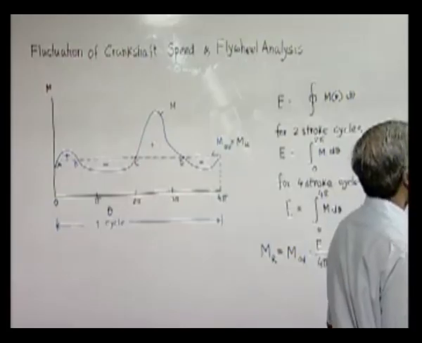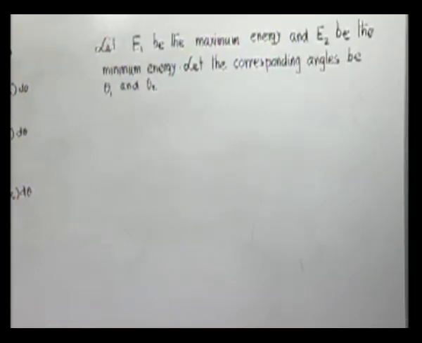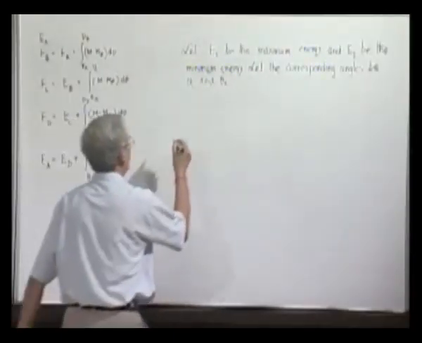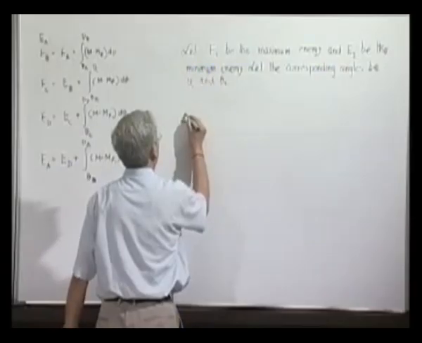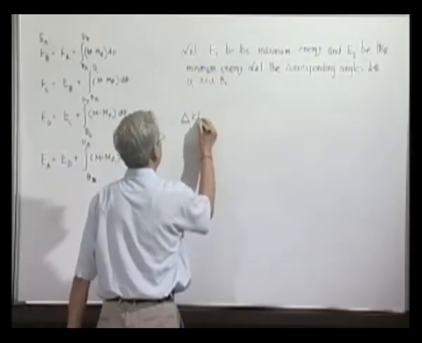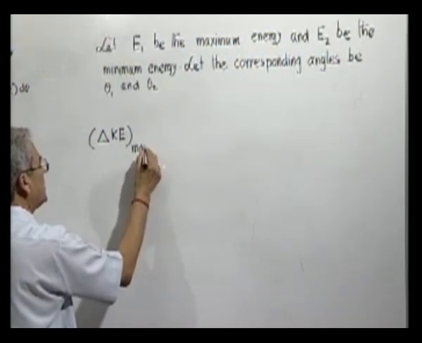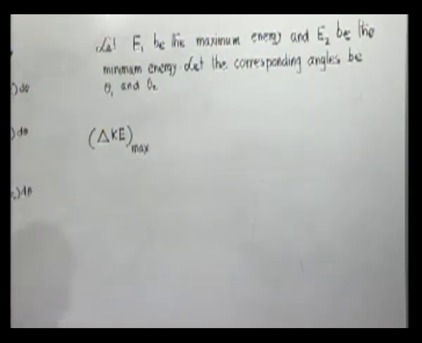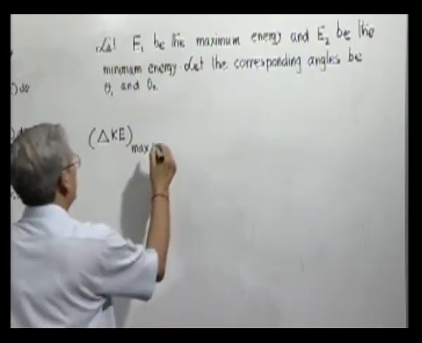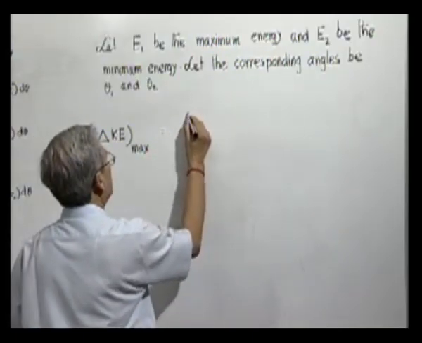So, what will be the difference between the maximum kinetic energy of the system and the minimum kinetic energy? What we call the maximum kinetic energy fluctuation, that is the difference between the maximum and the minimum values of the kinetic energy during the whole cycle, will be nothing but